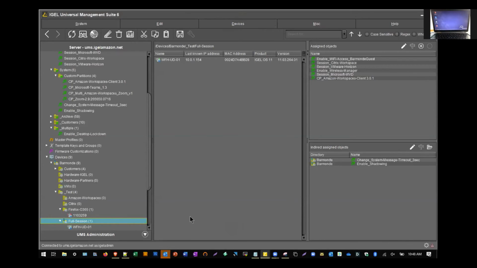Any more questions in the chat really quick, and I'm going to transition again to more of a security focus if not. Yeah, there was a question from Dominic, which was, could you set up a password on the UD Pocket for it to be able to boot in case it got lost? I mean, ultimately, there is nothing saved to the UD Pocket as such in terms of user data. Obviously, there is a configuration which is sent down.